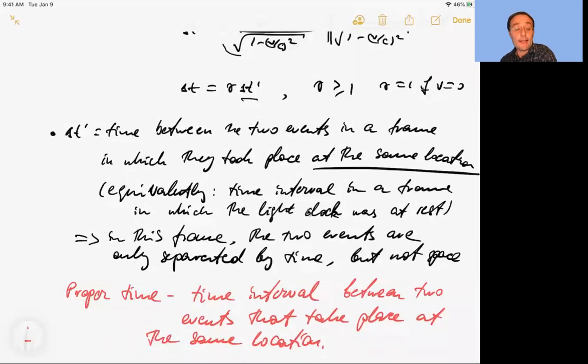And some books prefer to use the letter tau. So delta t prime, I'm sorry, equals tau. I'm just going to use tau. On the other hand,